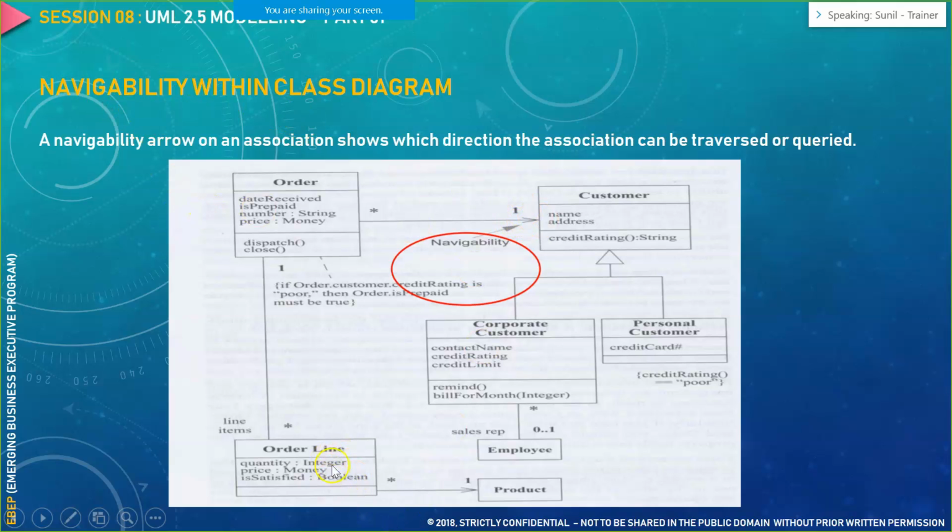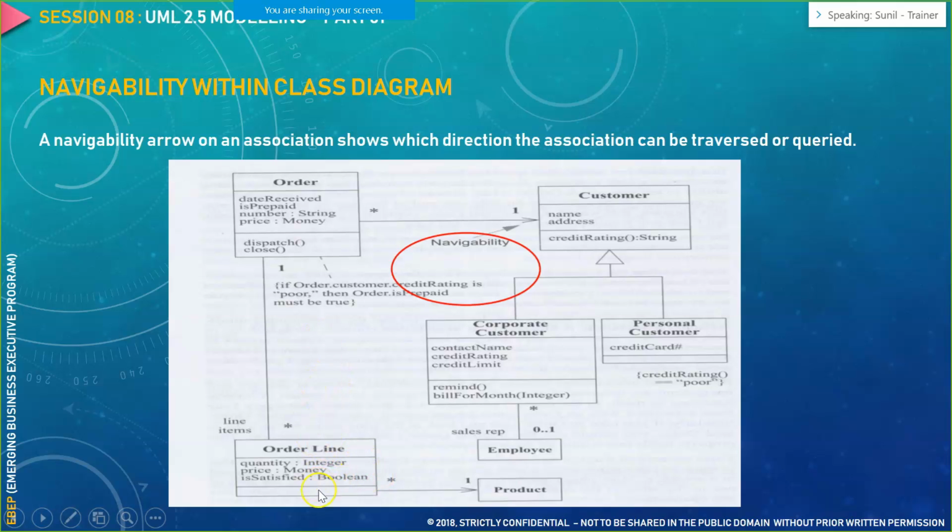So similarly, multiple order lines can be associated with a particular product. So this is a navigability. Now what does it mean that multiple order lines can be associated with a particular product? For example, Amazon is selling a particular smartphone. Let's say they are selling the Note 9 smartphone. Now Note 9 is a product. Now a Note 9 order can be placed by multiple people.